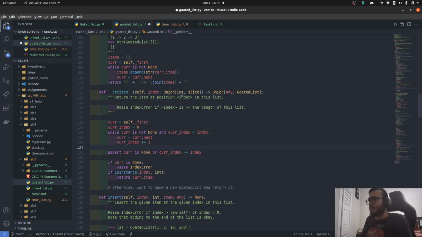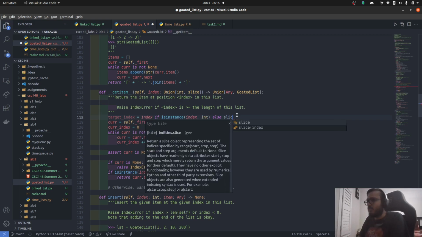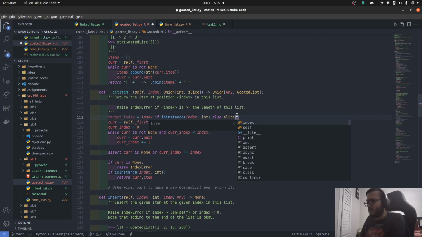Now, since we need to assign the index here, okay? I guess I'll name this something else. So target index equals index if isinstance index int. So basically, if the parameter index is an integer, then target index is just going to be the index, okay? Otherwise, if it's a slice, then it's going to be slice at 0. Okay. So slice at 0. And I think this